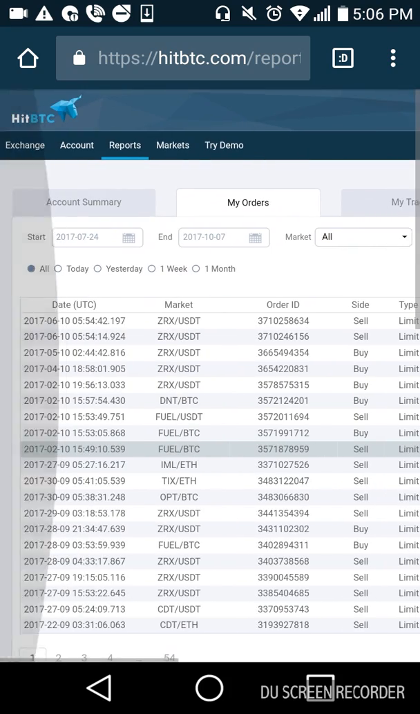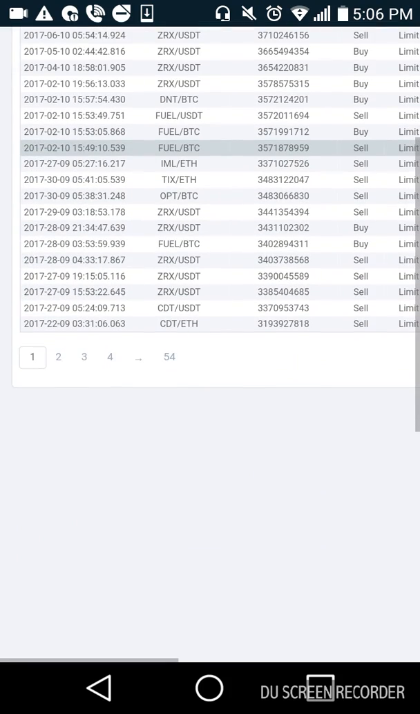So yeah, that's pretty much a general gist of the only things that I really use on HitBTC. If you guys know anything that I'm missing out on and I should be doing,